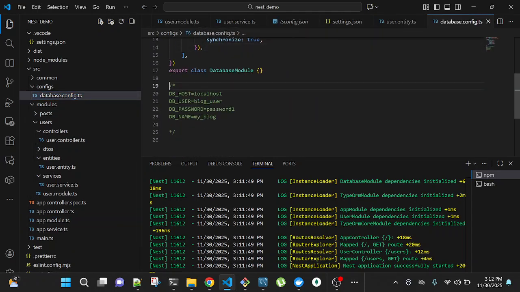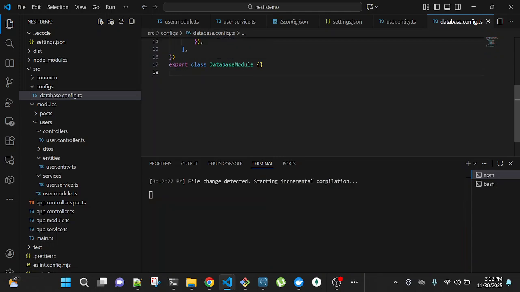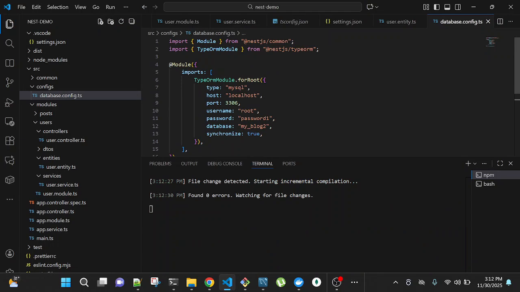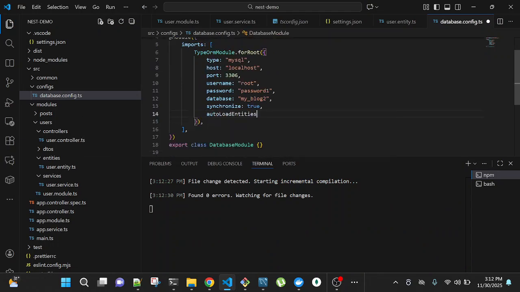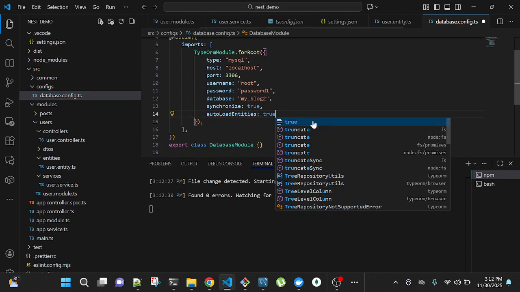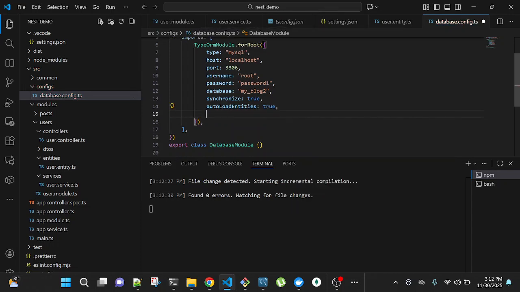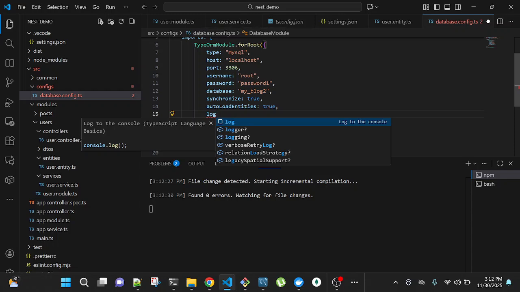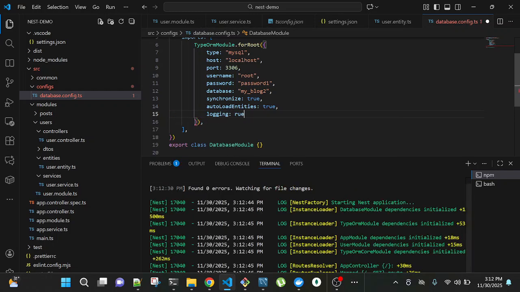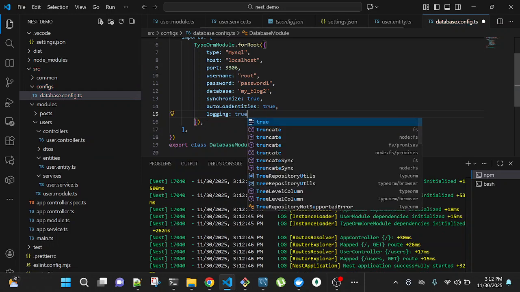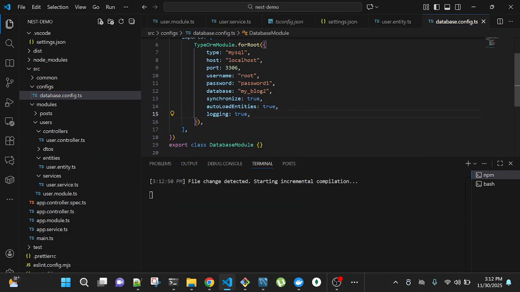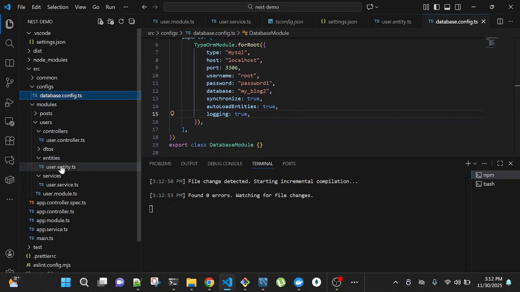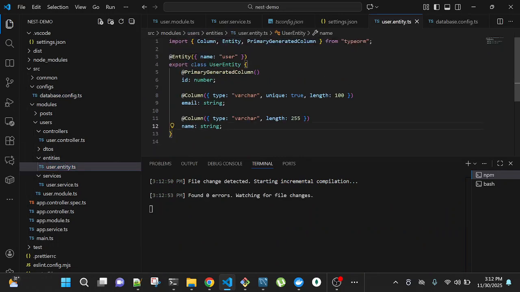Then autoLoadEntities. Because of this autoLoadEntities, it is going to load the entity we created and create it on our database, right? So let's see, it's starting, it's running. Then when that is created, we know that we are good.